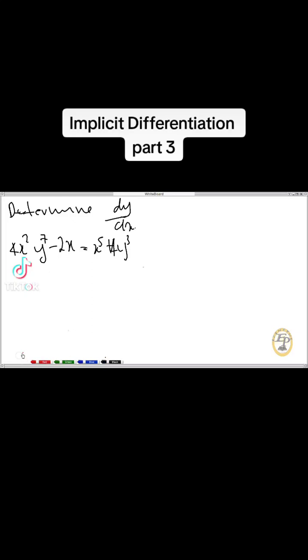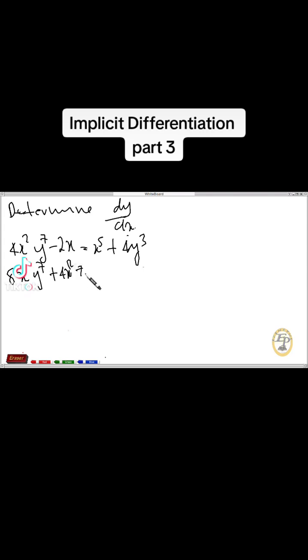Implicit differentiation, part 3. Here we are about to find dy/dx of this function: 4x squared y to the 7 minus 2x is equal to x to the 5 plus 4y cubed. So we are going to use the product rule here, so that 8x multiplied by y to the 7 plus 4x squared multiplied